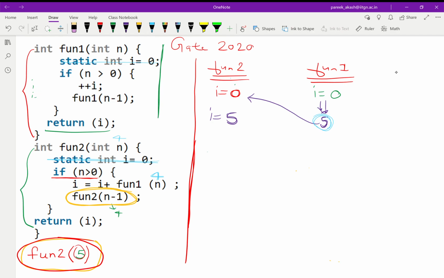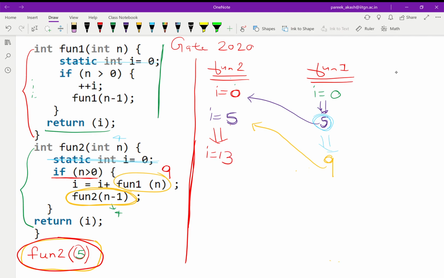So this value will become 9, and it will return 9 to function 2. So function 2 will get 9 here, and its initial I was 5, and 5 plus 9, its new value will become 13.